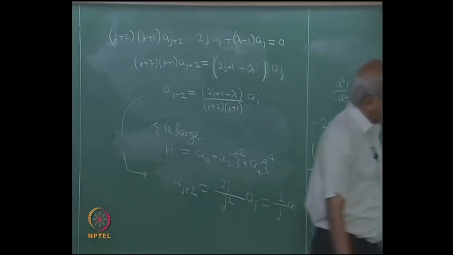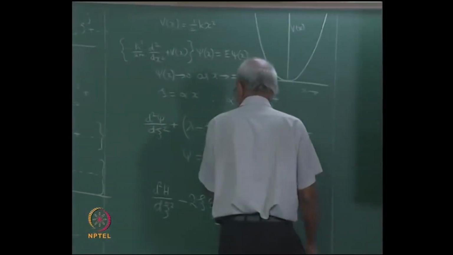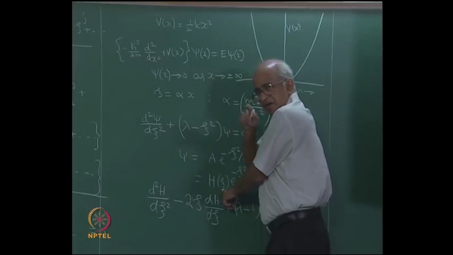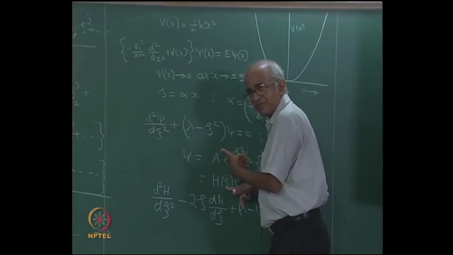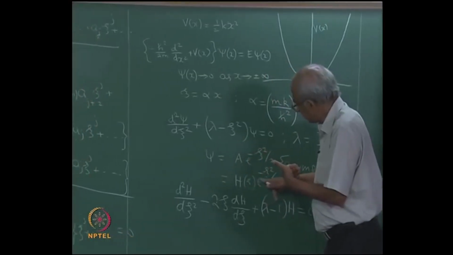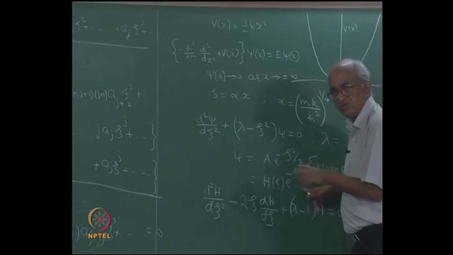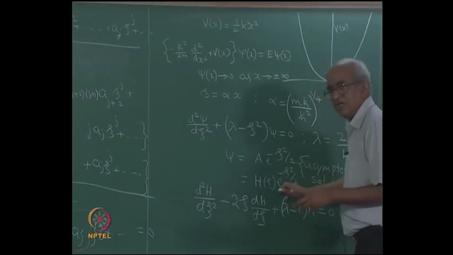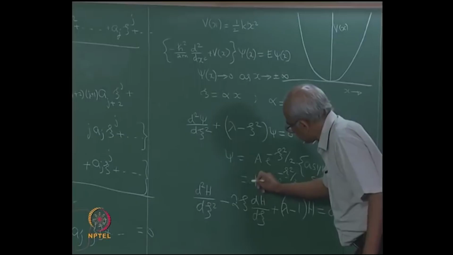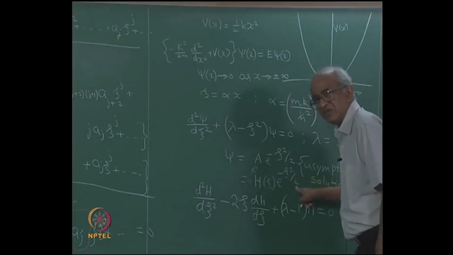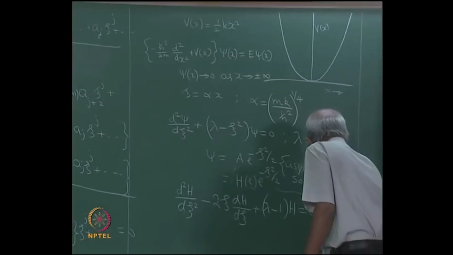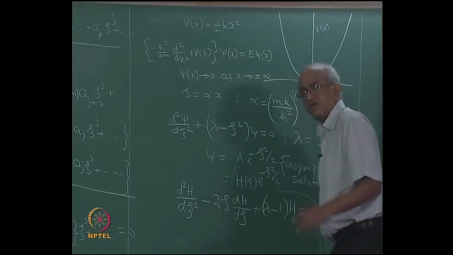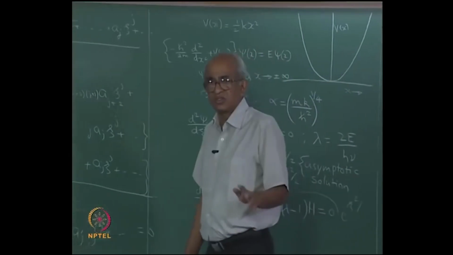Well, you look at H, see H is here. I am now saying that if I had an infinite series, this is going to behave like e to the power of plus C square, and e to the power of plus C square into e to the power of minus C square by 2. The net result is going to be, see, one of them is e to the power of plus C square and the other one is only minus C square by 2. So, therefore, the net answer will be e to the power of plus C square by 2, and if it behaved like that, it is not an acceptable solution,